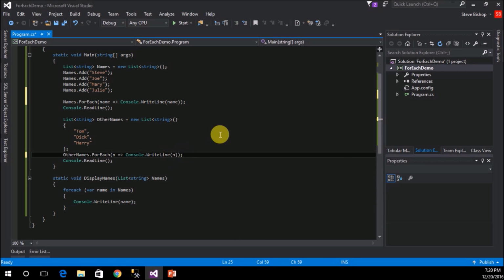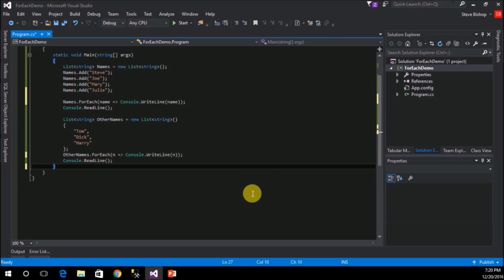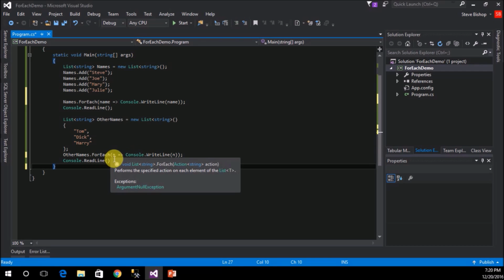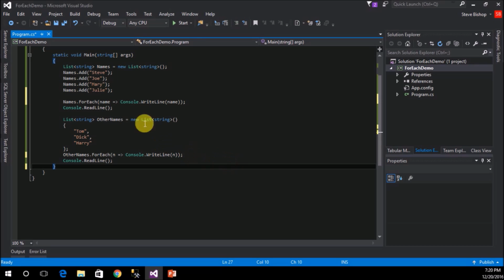Okay, and now we could just get rid of the display names because that function already exists. That for each function already exists in a slightly different manner. We just have to pass in this Lambda expression to tell it what is the function that we want to perform for each one of the items. And then for each one of the items in there, we want to assign it some sort of variable name. And then we can use that variable name inside of the code that we want to execute. So if we just save this and we'll run it,